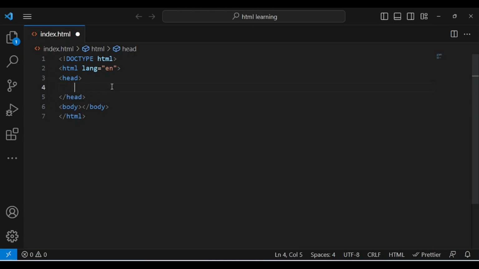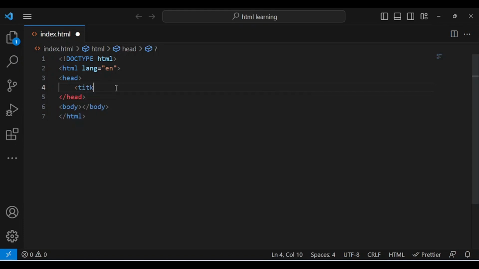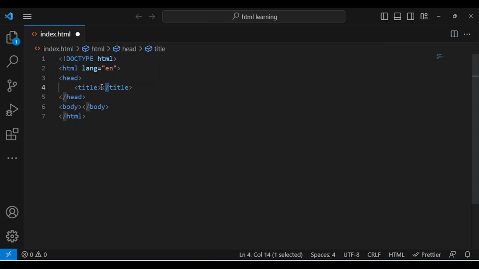So now what I'm going to type first is quickly a title tag to add a title to our web page. So I can just say less than sign, then title, and take care of how you write your title, because most of you people write title with a double T, and that's not proper. You just need to write it with a single T, and then you close it with a greater than sign. So title also has its own closing tag, which is this one with this backslash. So inside this title, we can just type in hello